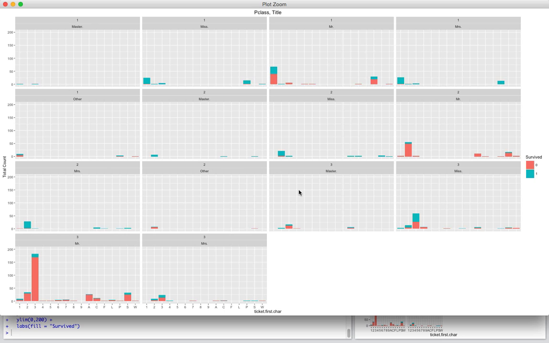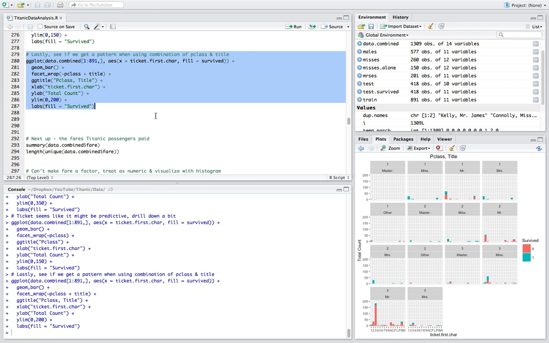There's not much signal in the ticket variable, which matches our intuition. As I said before, sometimes that's not the way it works, but more often than not, your intuition is probably pretty good. And always double check it with the data, of course. But here we've got a situation where the data seems to match our intuition. So what that means is that I probably wouldn't want to use ticket in my modeling, at least in the